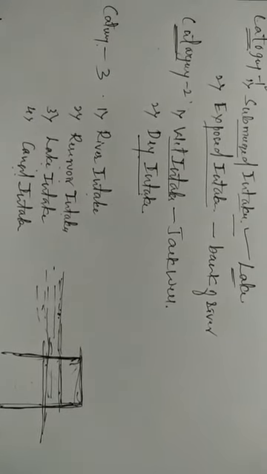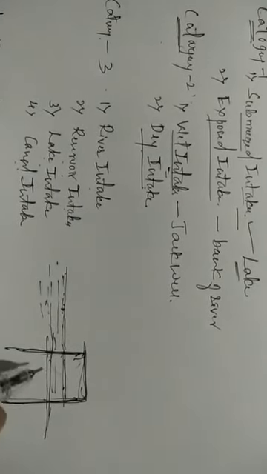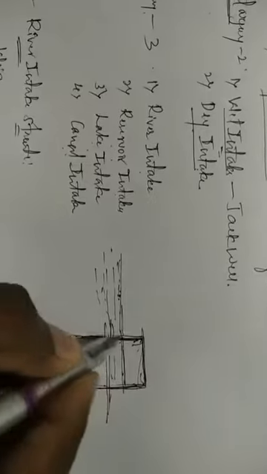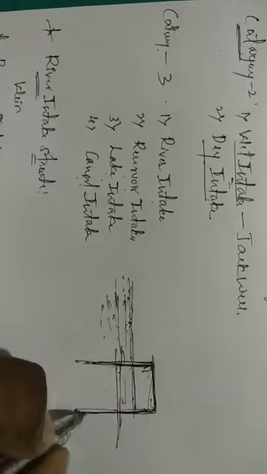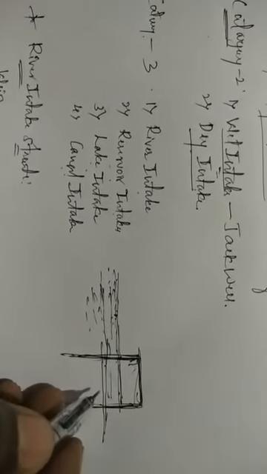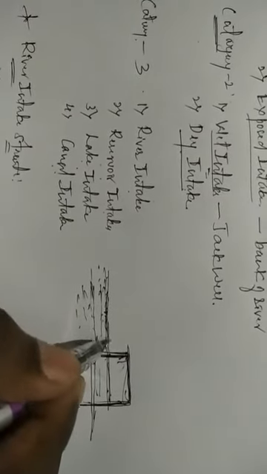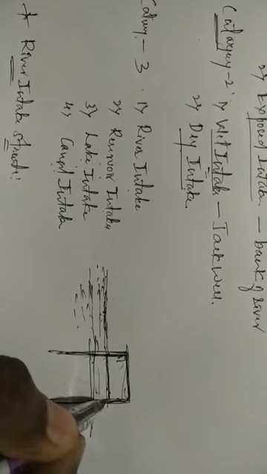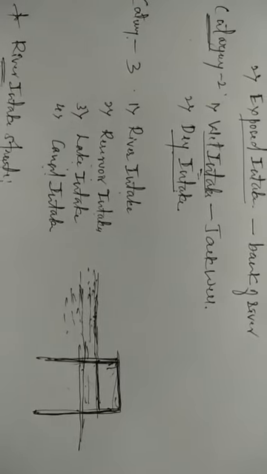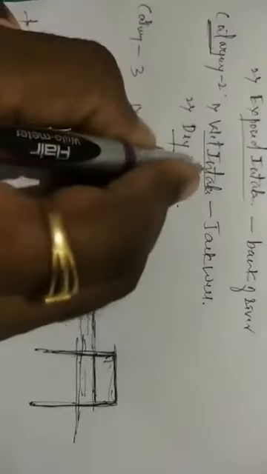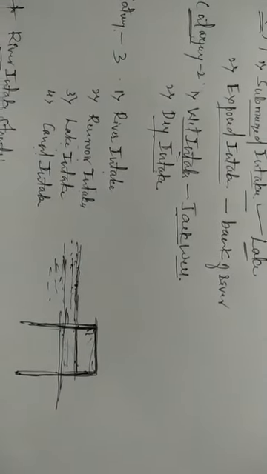Next one, wet intake structure. Wet intake structure means what? If you consider any intake structure, this is a river, or you may call it a lake, and this is an intake tower or intake well we are constructing at the river. Whatever the water level in the surface source will be equal to the level in the tower or intake structure. That type of intake structure is called a wet intake structure, and for that reason it is also called a Jack well type of intake structure. So this is what the wet intake structure is.